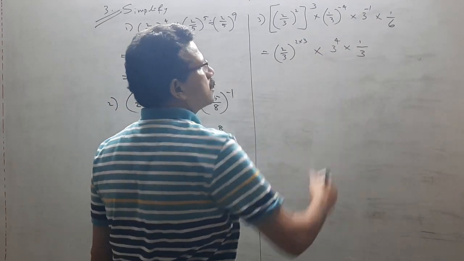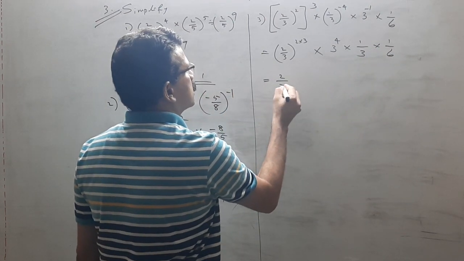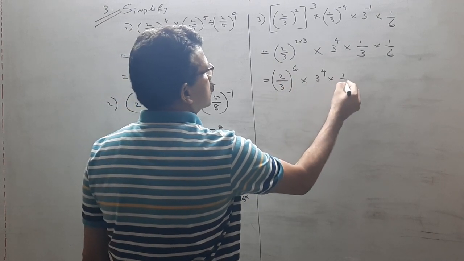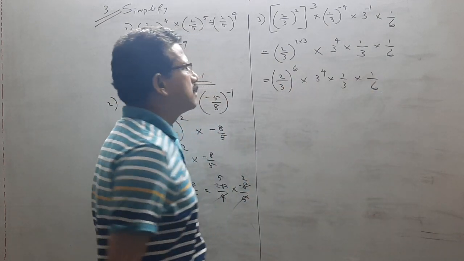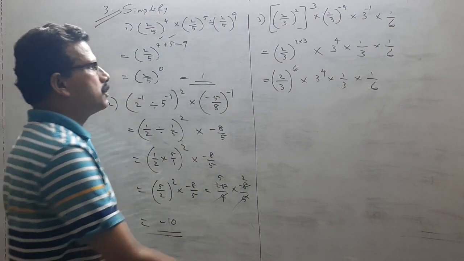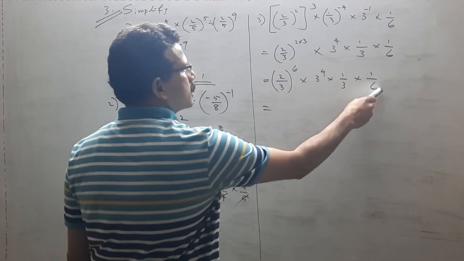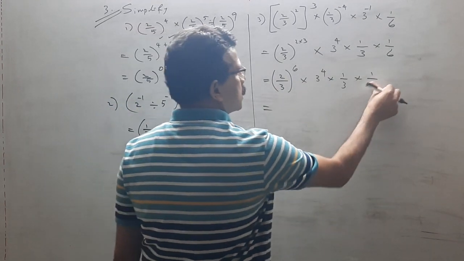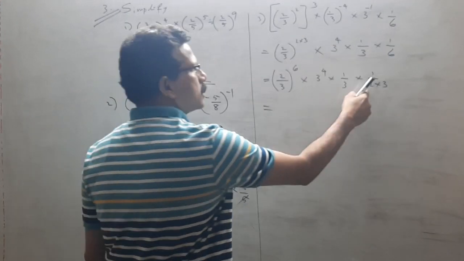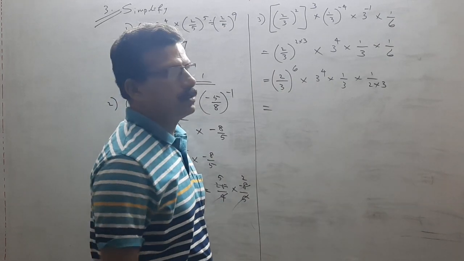Then 1/3 into 1/6. So that is 2/3^6 into 3^4, 1/3, 1/6. We can see many things will get cancelled now. So instead of doing the calculation, 6 means 2 into 3. Let me write 2 into 3 here only, because I realize that so many 3's are there. So let it be 2 into 3, so that we can do the cutting.